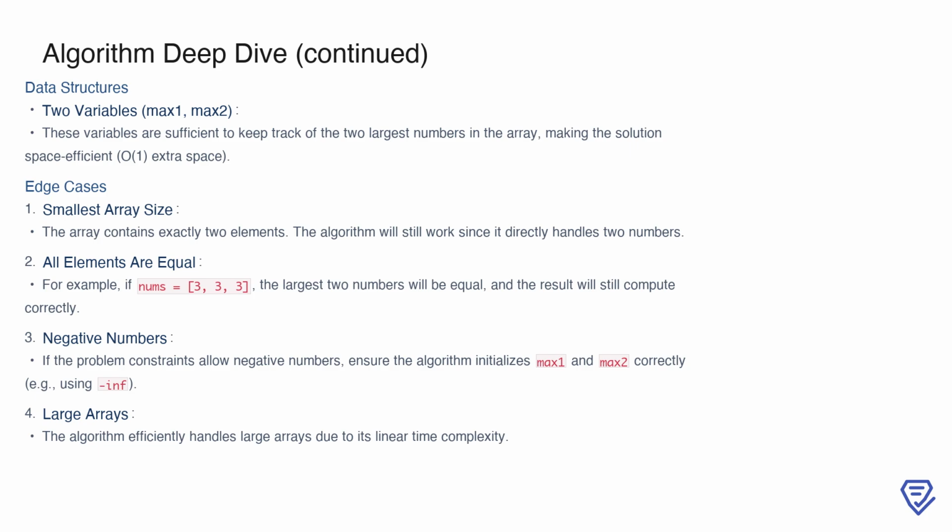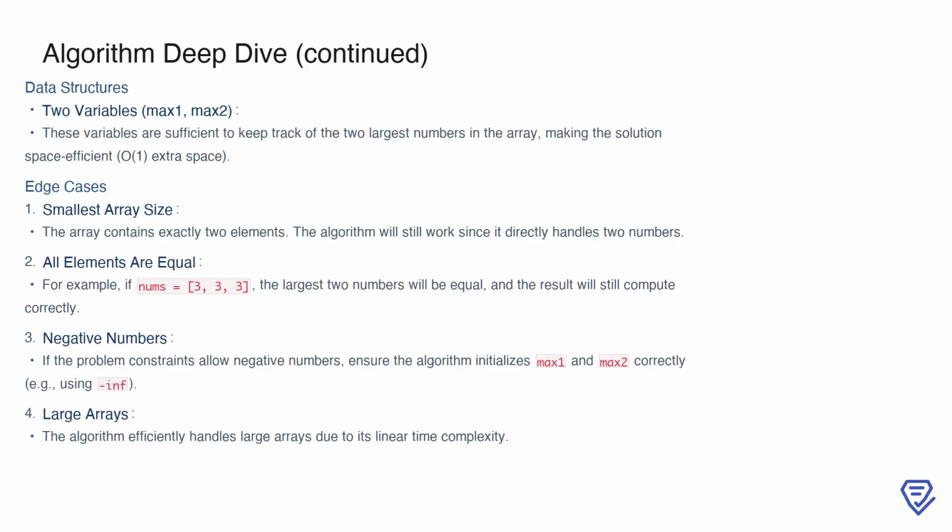First, if the array contains exactly two elements, the algorithm still works seamlessly since it directly handles two numbers. Second, if all elements in the array are equal, for example, nums equals [3, 3, 3], the algorithm will correctly identify the largest two numbers as the same value, and the product will compute as expected. Third, if the array contains negative numbers and the problem constraints allow them, we ensure that the variables max1 and max2 are initialized appropriately, such as using negative infinity for negative scenarios. Finally, for large arrays, the algorithm remains efficient due to its linear time complexity, making it well-suited for handling substantial